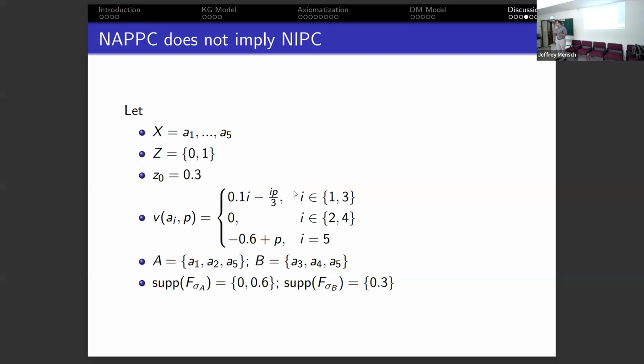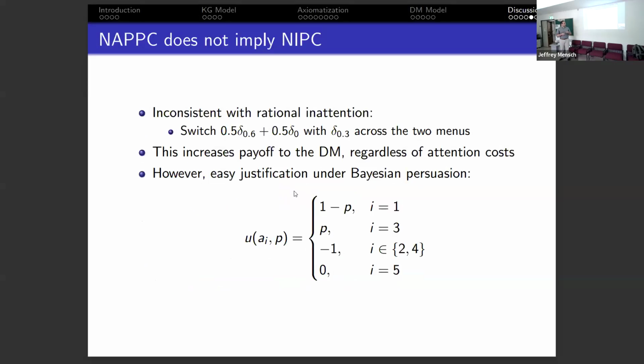So that would be inconsistent with rational inattention, but that would be consistent with Bayesian persuasion, where quite simply the sender likes it when the receiver chooses based on more information in case B, because they like actions 3 and 4, sorry, they like actions 1 and 2 more than actions 3 and 4. So in particular, if we have these particular payoffs, we can rationalize these particular choices by saying actually